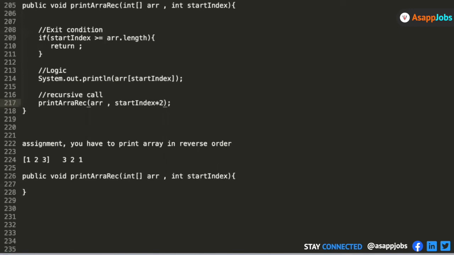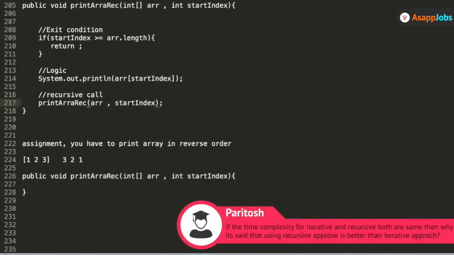Vishwa, just one more question. If the time complexity for a given problem with recursion and with a loop is the same, then why is it said that we should use recursion? It's a better form of representation of coding. I don't agree to this. If you can solve the same problem using both recursion as well as the iterative approach, iterative is the most preferred way of solving the problem, because